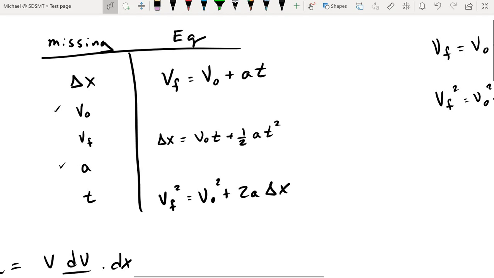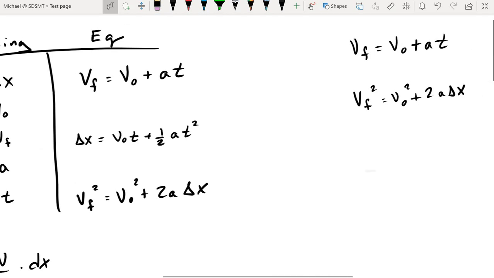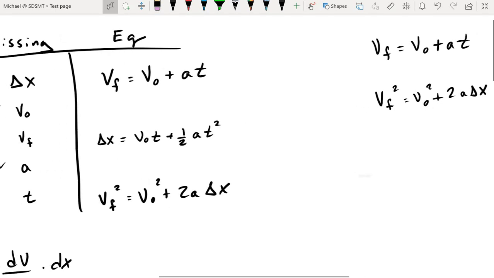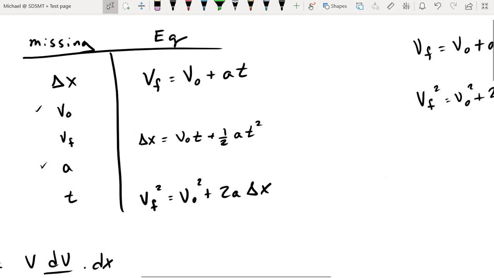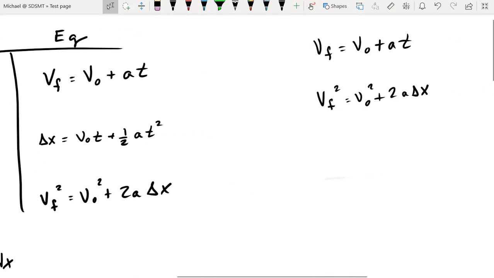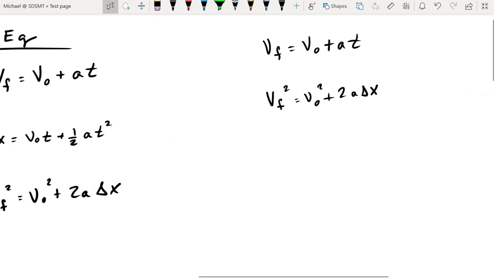Do I want to eliminate the initial velocity from each term, or do I want to eliminate the acceleration from each term? And again, it doesn't matter which one you go after, just as long as you go after one of them. And so I'm gonna go after the initial velocity. So I want to eliminate the initial velocity